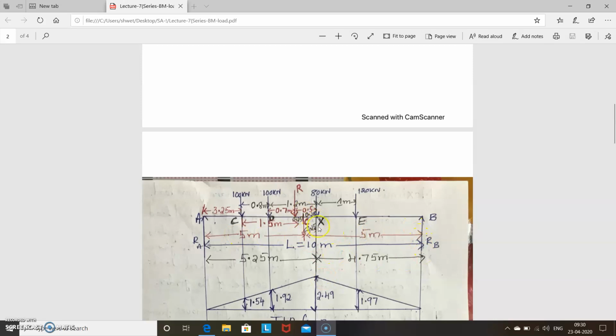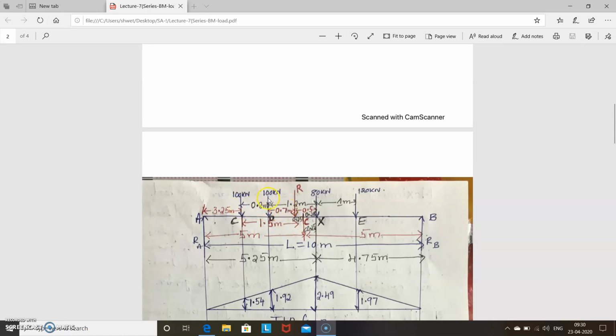But we want the distance from the end to the 80 kilonewton load, because we have to find maximum bending moment under 80 kilonewton load. So that distance we want. For that, see here. The total to the resultant is 1.5. This is given 0.8, this is 1.2, this is 1. So total it is 1.5, and 0.8 is this side. So what is the remaining distance? That is 0.7. So 0.7 is here. Total here it is 1.5, 0.8 is here, so 0.7 is here.